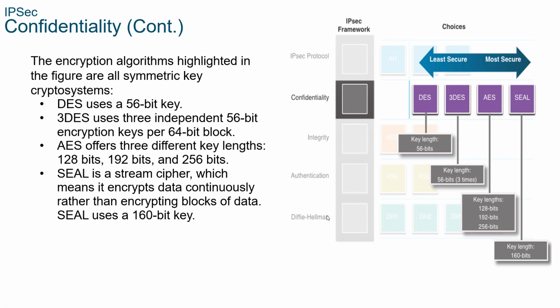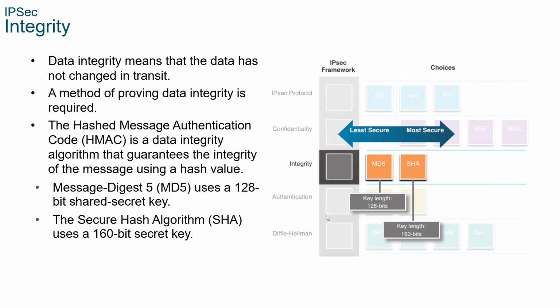IPsec integrity. Data integrity means that the data has not changed in transit. What I start with from the source is what ends up at the destination. A hashed message authentication code, HMAC, is a data integrity algorithm that guarantees the integrity of the message using a hash value. Basically, I'm going to take the data, add a hash to it, send